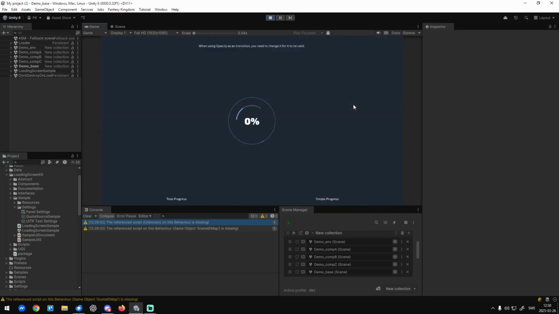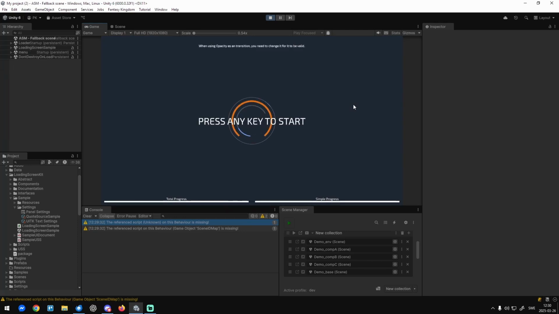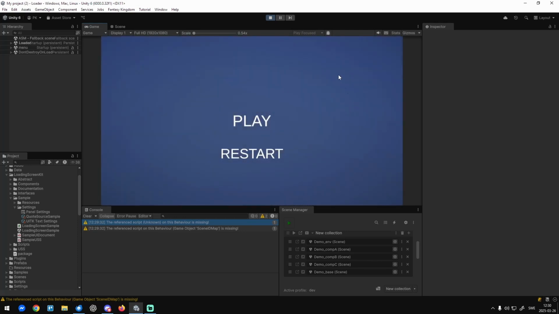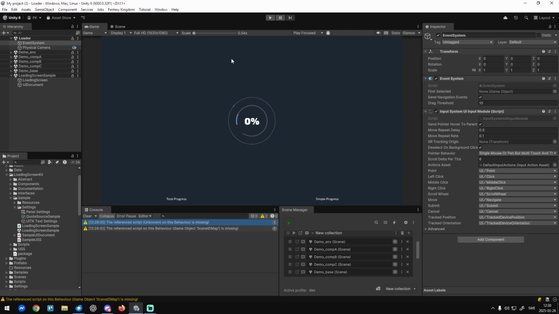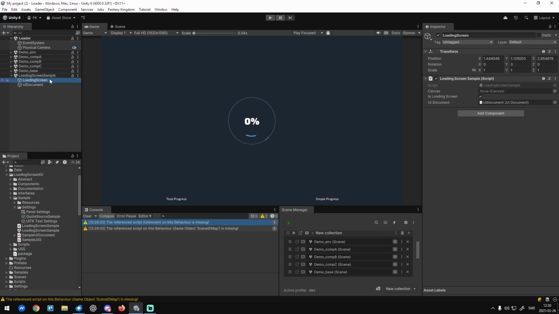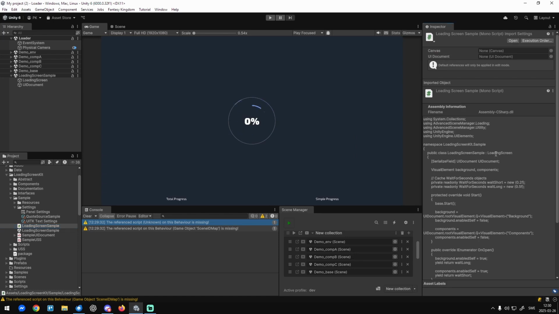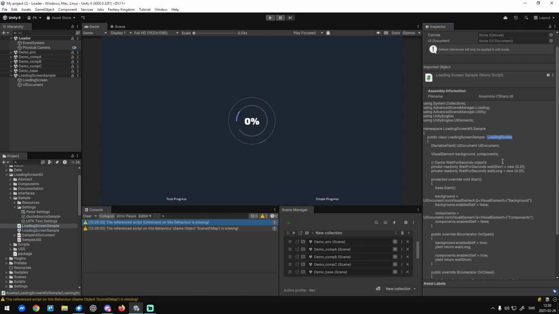A little bit smoother progress when we go back to the main menu. So as with every loading screen in Advanced Scene Manager, you need to add the loading screen script to it that inherits from LoadingScreen. With this kit, you don't actually have to add anything into the